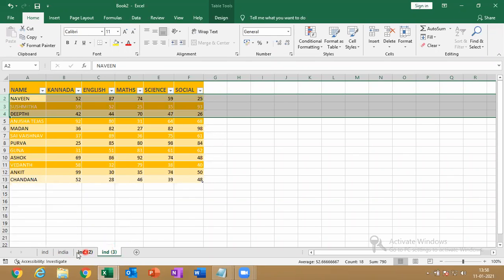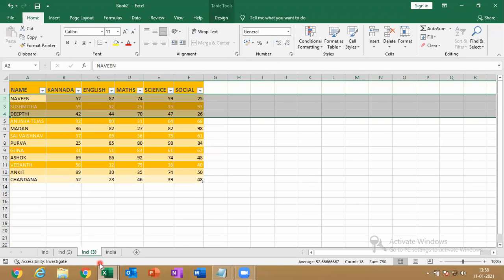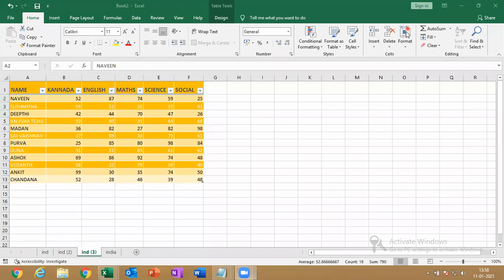And as you told, Sai, you just click and hold and move it to the last. You can drag it like this also. Is that clear? Good, Sai.